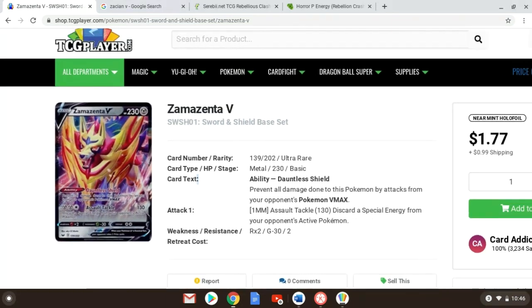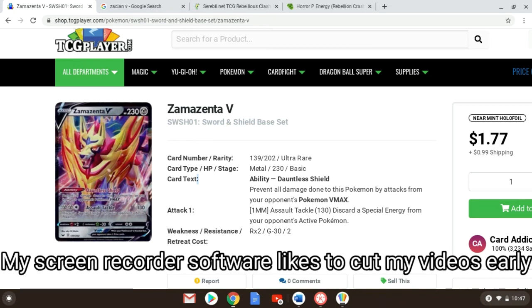Part of the video is Zamazenta. Get your Zamazenta V's. Put one or two in your binder, and it's a card that you're going to want, because I think it's going to be one of those stupid cards like your Vettel GX or Palkia GX that just suddenly shoots up in price, whatever amount of time later, and then you're paying $20